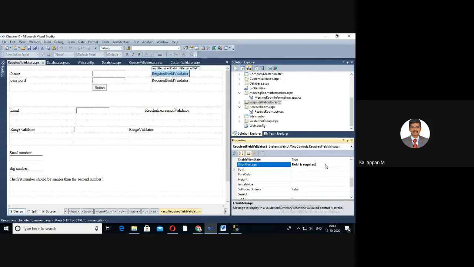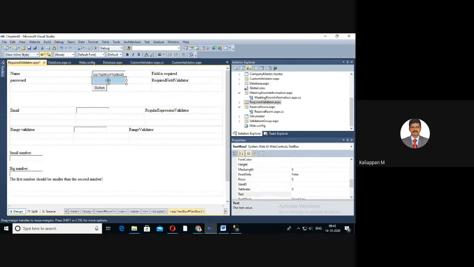So this is an error message. Likewise, I have to select another required field validator. This validator validates text box 2.